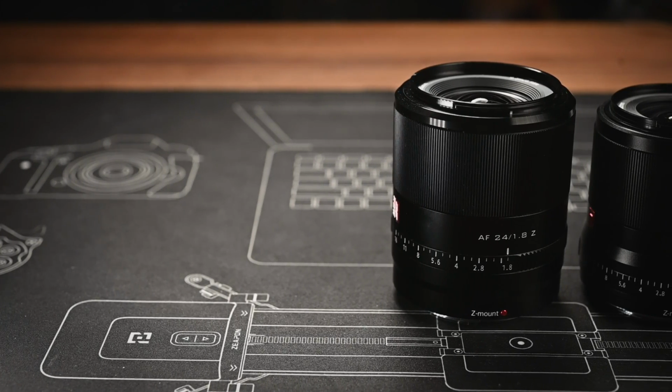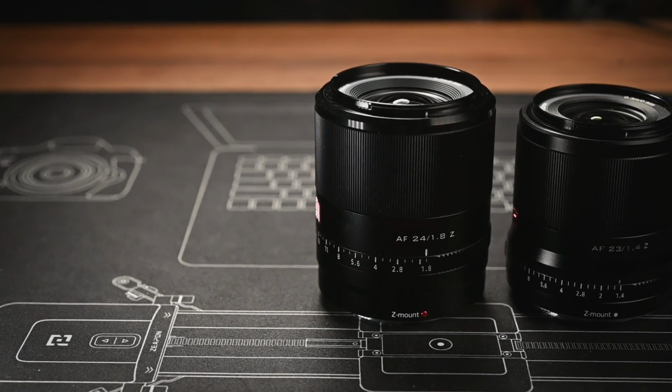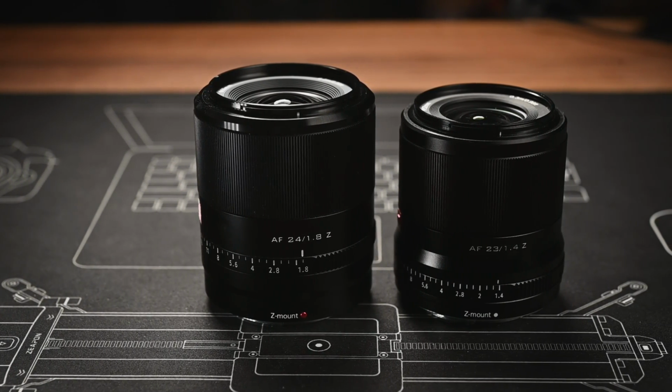with this lens. You may remember that I have reviewed the Viltrox 24 1.8 Z lens not too long ago. This is a lens that is very similar to this 23 1.4 lens. The 24mm Viltrox is a full frame lens, but of course it will work perfectly fine on an APS-C Nikon Z camera. So I imagine some of you looking at buying this AF23 1.4 lens may also be curious if you should buy the AF24 1.8 lens instead. So I'm also going to do some comparison between these two lenses and see which is the better buy for